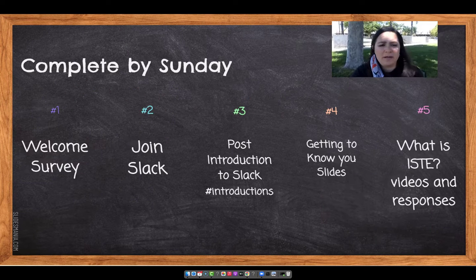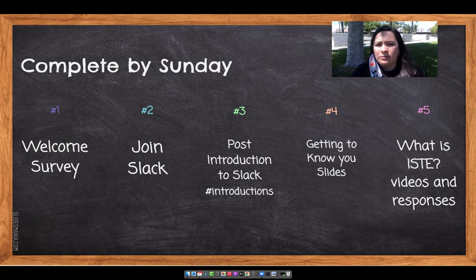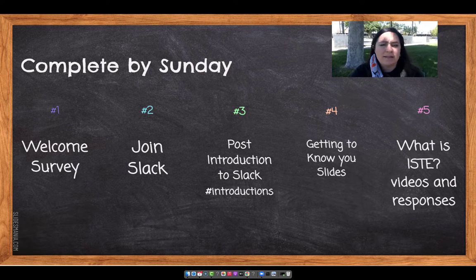All right, so for this week, there is a welcome survey, okay? And the most important part of the welcome survey is where it's going to ask about group work. We're going to be doing a book discussion. It's not really group work, it's more of a group discussion. And I really need to know what's the best time that you could meet with someone else to discuss our book. Then you're going to join Slack.